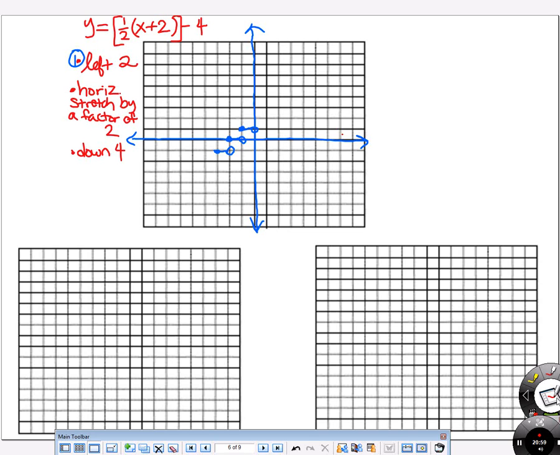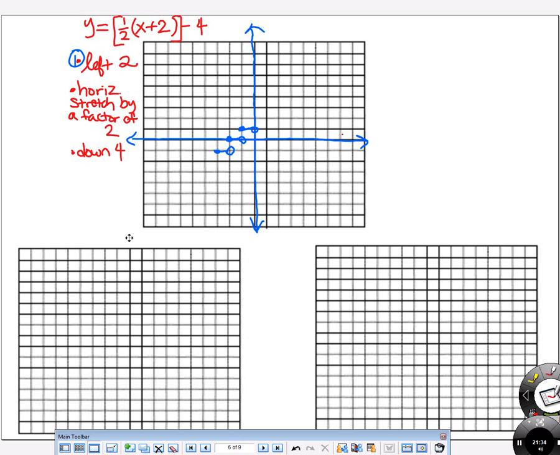So the next thing we want to do is we want to horizontally stretch everything by a factor of 2. That means, in this case, the steps are getting multiplied by like double the length that they had before. Okay? So this is our main step, like right here. It's 1 unit long from that point, but all that's happening now when we stretch it is it's going to make it 2 units long from that point. So I'm going to keep that point,